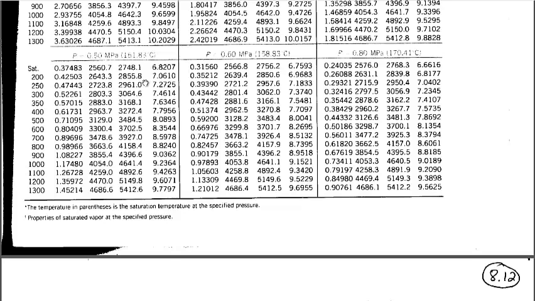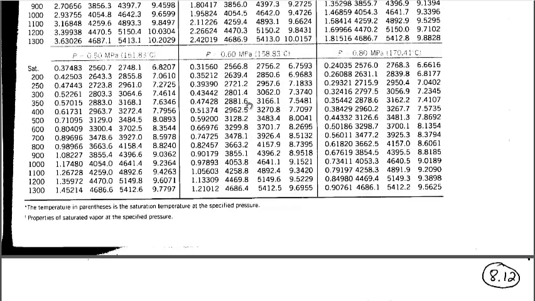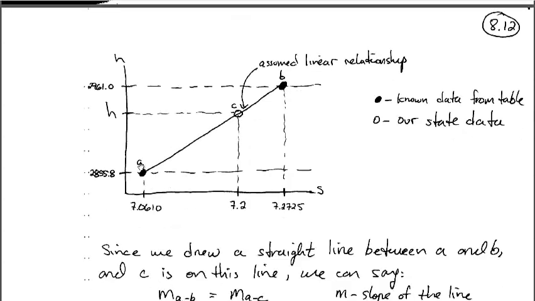And so I represent that idea on this sketch here, right? So this isn't a phase diagram. This is just to show the example of linear interpolation. So we have enthalpy on the y-axis. We have entropy on the x-axis. And I can put 2 points on here, right? 2 points that I absolutely know based on my table data, okay? I know that when the entropy of water is 7.0610, its enthalpy is 2855.8. So that'll be point A on my diagram,